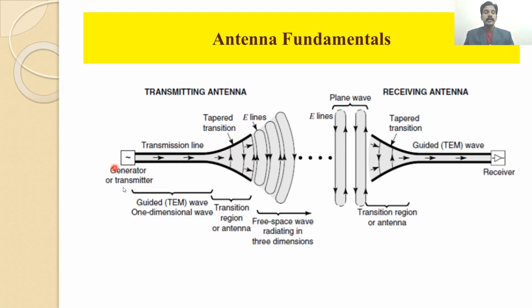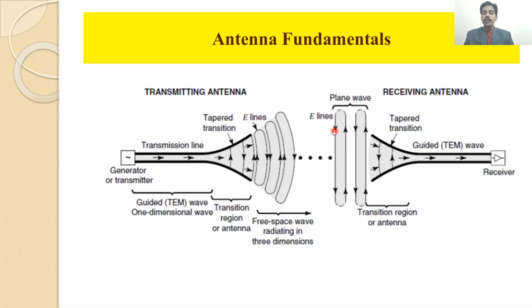So there is a transmitter, a source. It is used to guide the wave from the transmission line to free space. So the antenna is a transitional structure between the transmission line and the corresponding medium. It is the mediator or transition. These are all electric field lines, and the free space wave radiates. This spherical wavefront is transmitted into your medium, and at the receiving side you identify the reception as a planar wavefront.